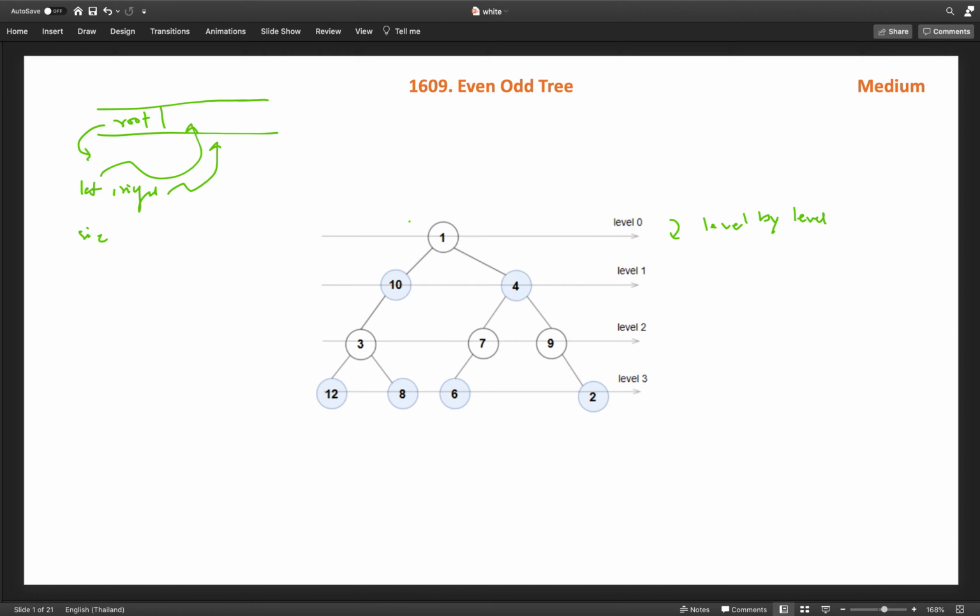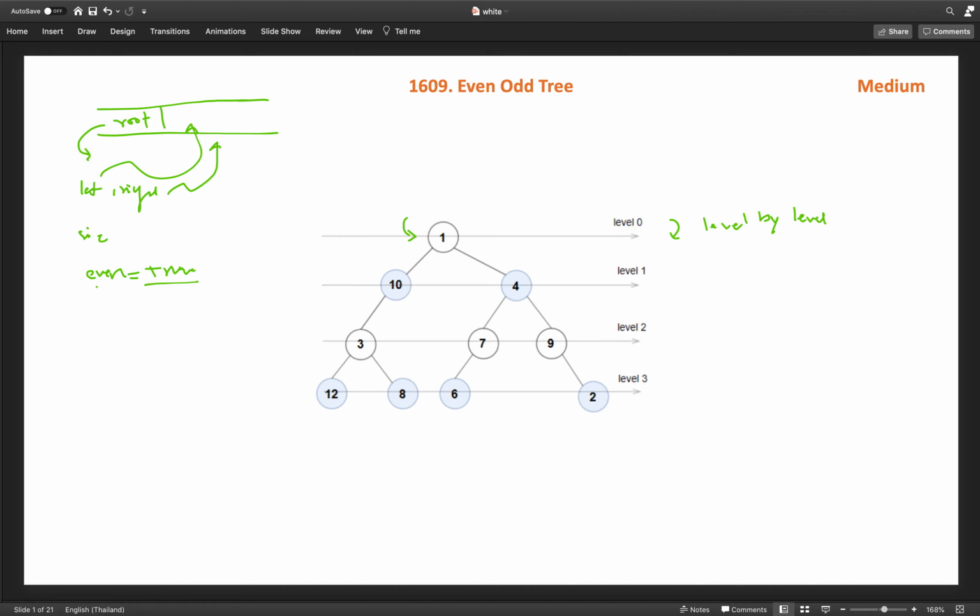Now when we process level by level, we will also keep a boolean variable which tells us whether the current level is even or odd. We initialize it with true because the first level, the 0th index, is an even level.